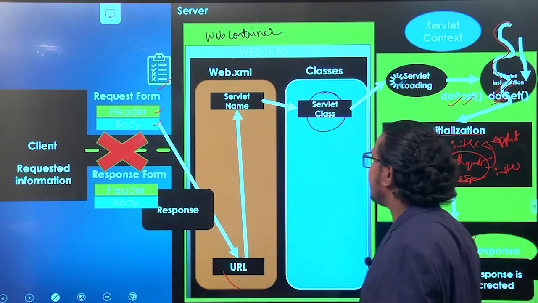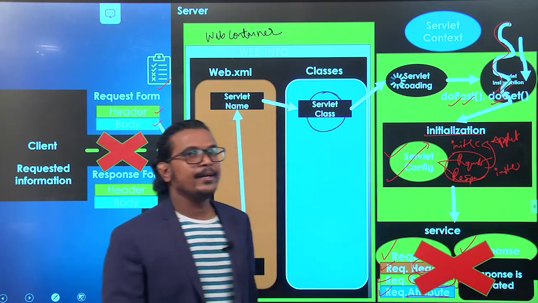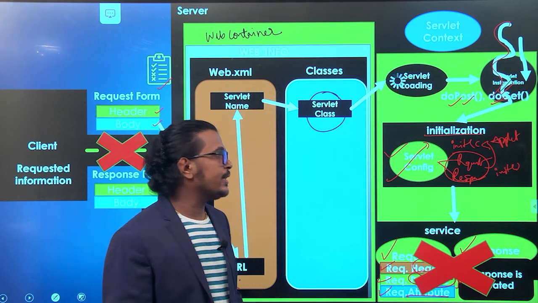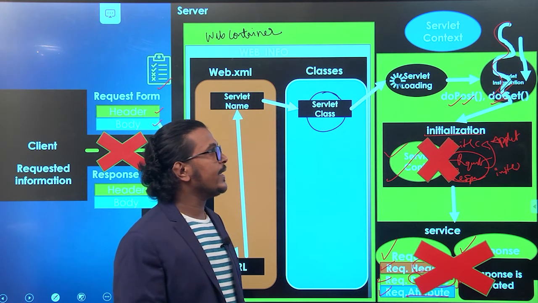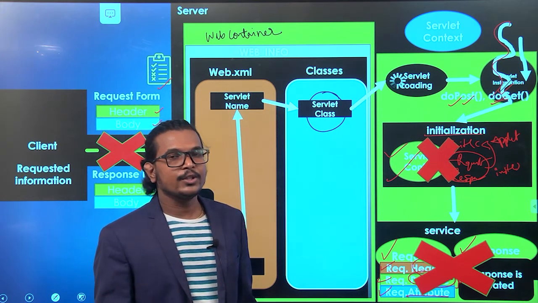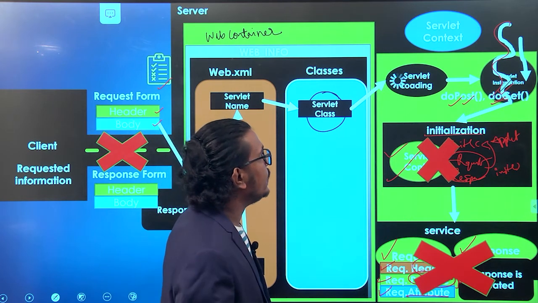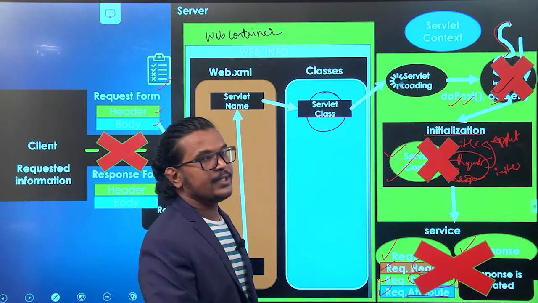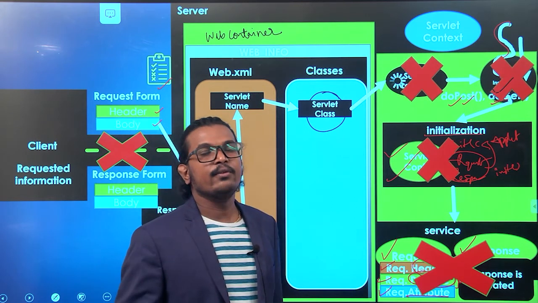Once the connection is closed, your service method will be destroyed. Once the service method is destroyed, your initialization and servlet configuration will also be deleted, and your doGet method instantiation also will be deleted, and your servlet loading.